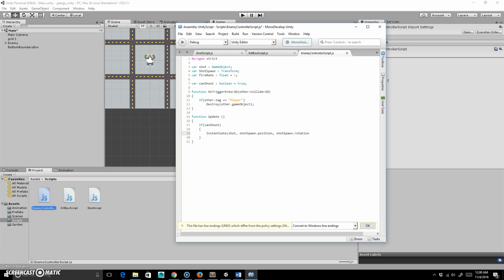So basically we're going to use the position and rotation data of whatever we put on shot spawn. And then we're going to say can shoot, and we're going to set that equal to the value of false. So it's going to shoot, and then it's not allowed to shoot. And then it's going to run a function called reload, which is basically going to make it wait to fire the next shot. So we're going to do function